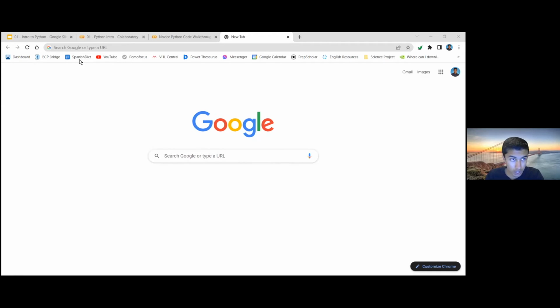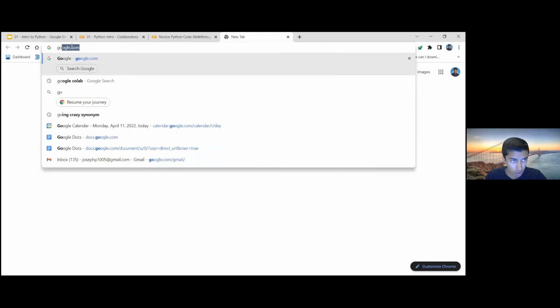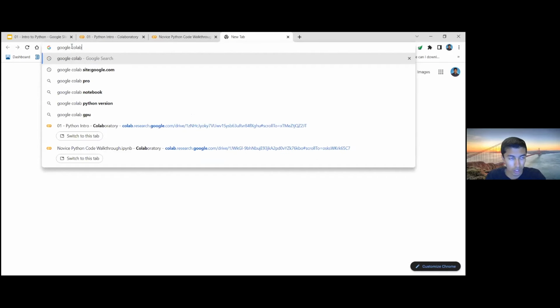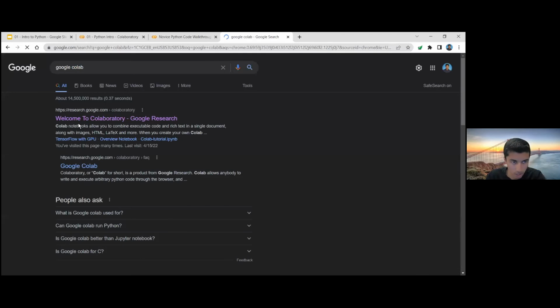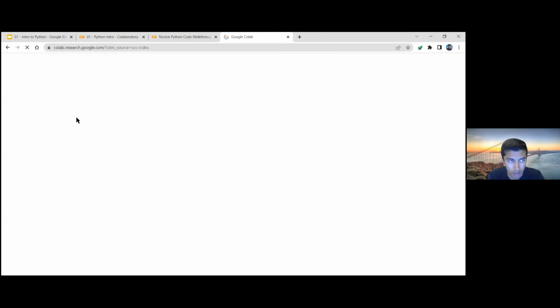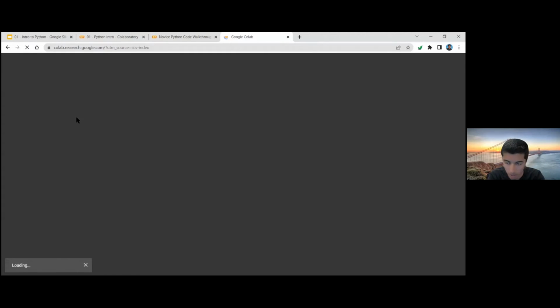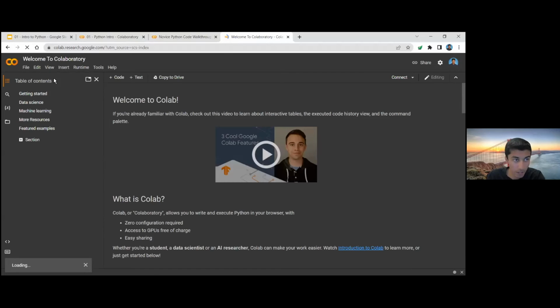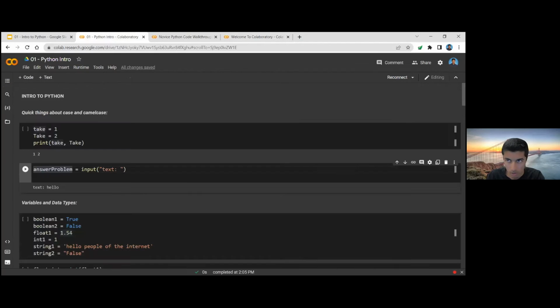To get to that actual website, all you have to do is type in Google Colab, and the first link is probably going to be what you need, which is Welcome to Colaboratory, Google Research. Click on that. And then from there, it'll take you to a page where all you have to do is hit File and then create a new notebook.